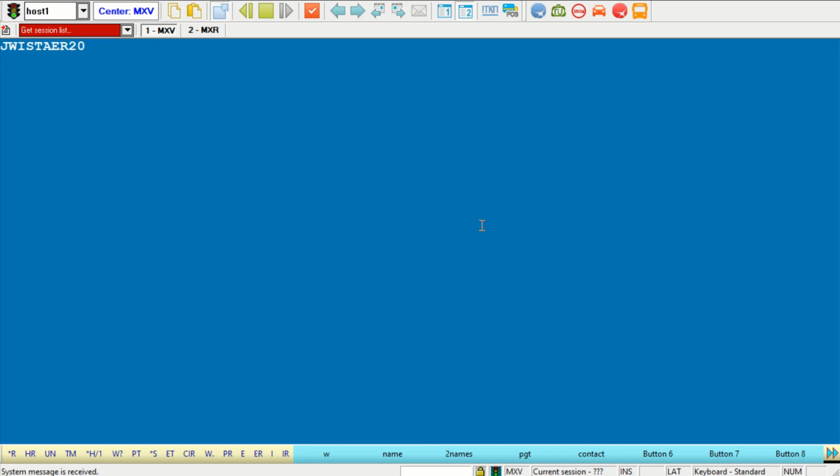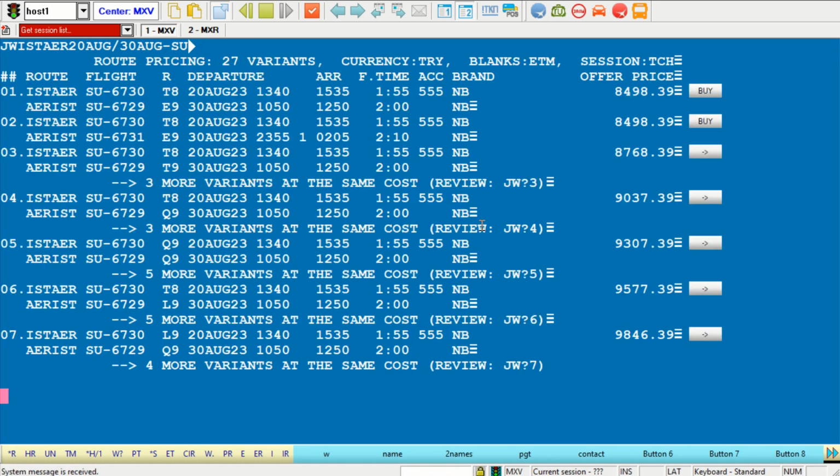Departure day is 20th of August, / return day is 30th of August, then minus and airline code. System will check availability, and system will show us pricing per one adult passenger for direct flights between these two cities, Istanbul